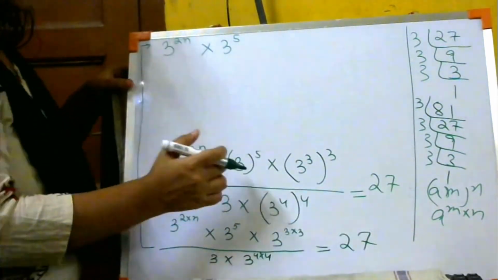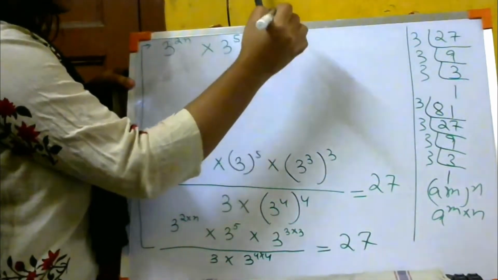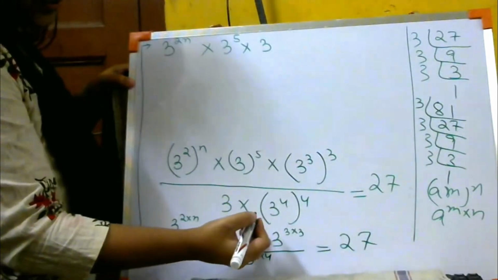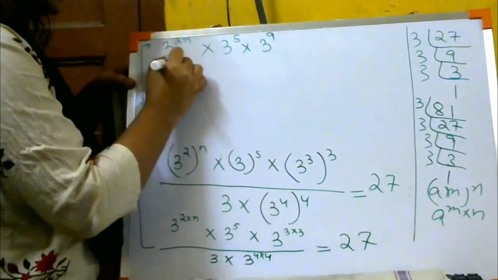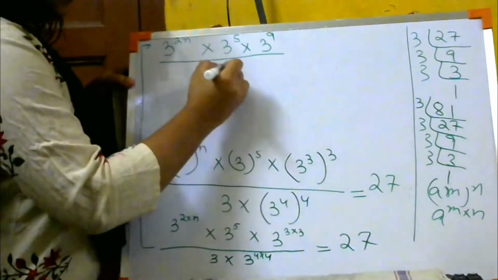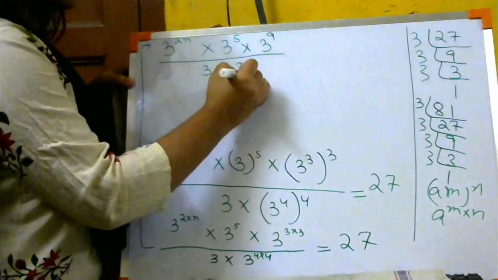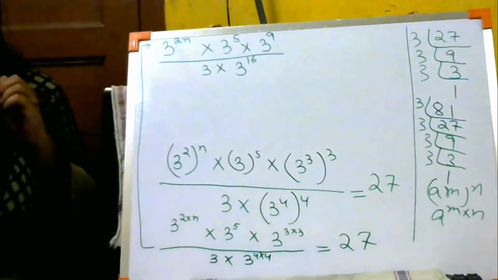पहले इस टाइप का काम करते हैं. तो 3 to the power 5 यहाँ पे into 3 to the power 3 into 3 कहाँ गया? 3 to the power 3 into 3. So it is 3 to the power 9 divided by, यहाँ पे सिर्फ एक 3 है, into 3 to the power 16. ठीक है? Did you people understand what I did over here?